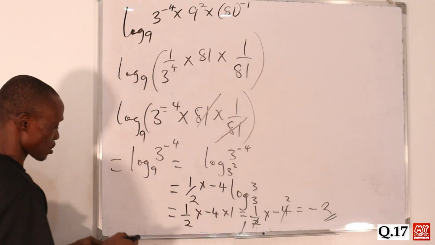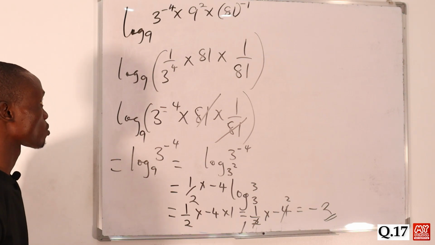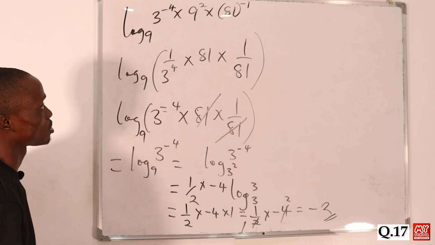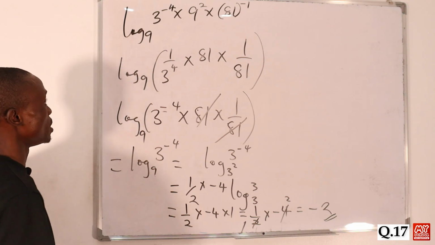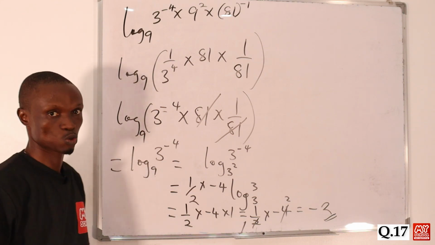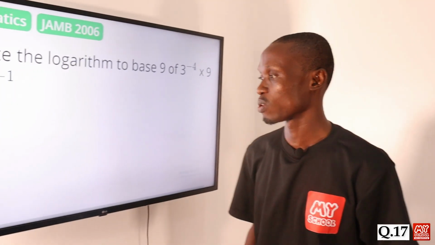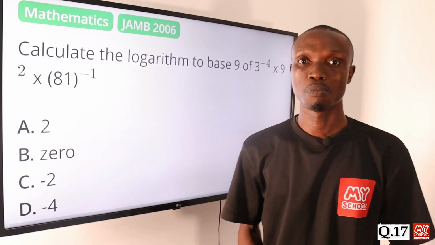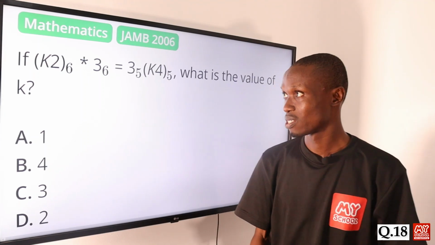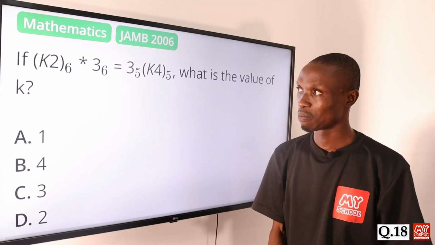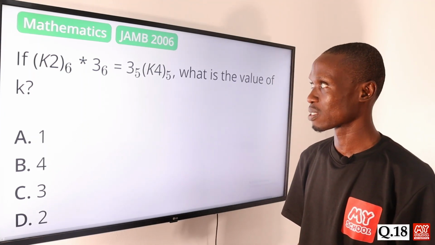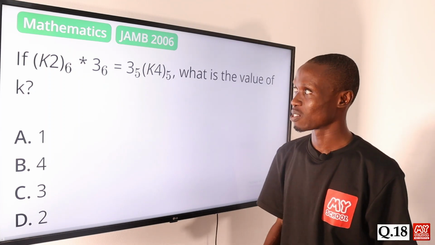Okay, so that the logarithm of 3 raised to power minus 4 times 9 squared times 81 raised to power minus 1 base 9 is equal to minus 2. So let's return back to the screen to pick the correct answer to this question, and that is option C, minus 2. Question 18. If (K2) base 6 times (3) base 6 is equal to (3) base 5